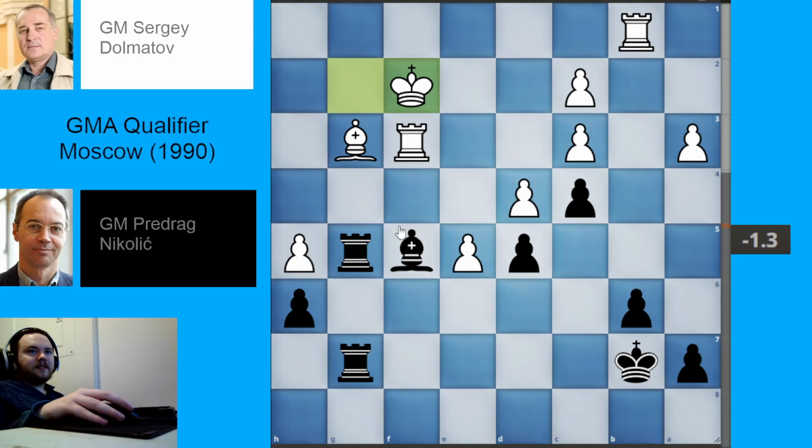We have king to f2. Bishop to e4. Bishop is doing a good job of just blocking this file. Generally in rook endgames, you want to put your rooks behind passed pawns. That goes for both the attacking side and the defending side. If you want to stop a passed pawn, it's generally easier to stop it from behind than from in